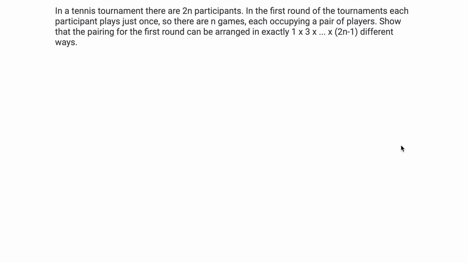To the first problem out of a set of problems given at a local examination for high school students. The first of these reads as follows. In a tennis tournament, there are 2n participants. In the first round of the tournament, each participant plays just once, so there are n games, each occupying a pair of players. Show that the pairings for the first round can be arranged in exactly 1 times 3 times